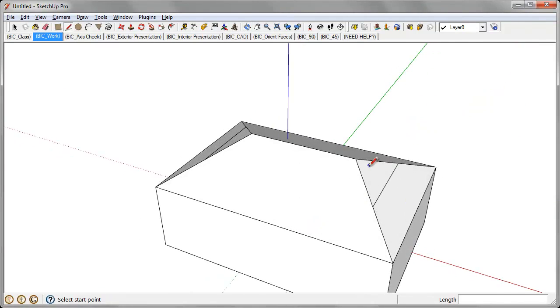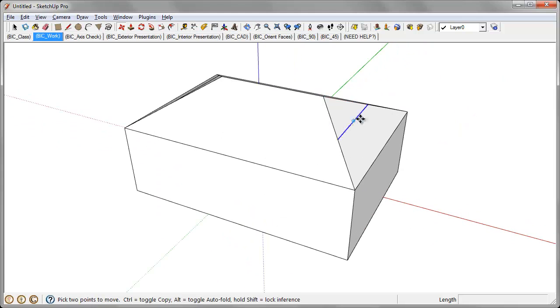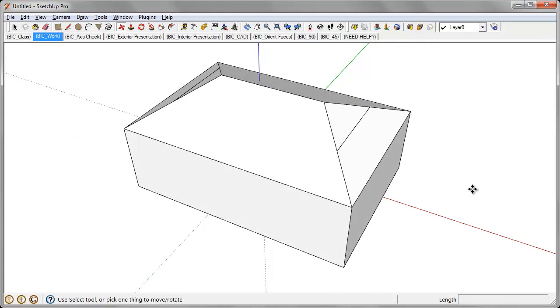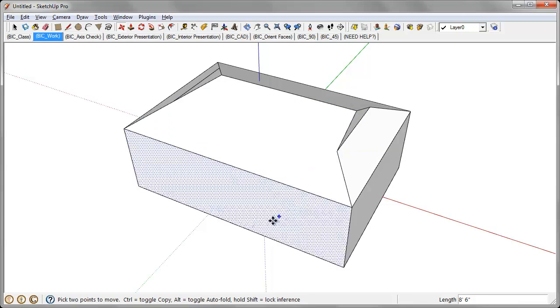Now, when I move this back forward, we can use our Move Copy tool. I'm going to use inference locking to do this. So navigate to that view that is strategic for what you're working on. With the Move Copy tool active, I'll click once to pick it up, find my red axis, and hold down Shift. Now we're locked on that red axis, and I can snap to a point to define my distance. So I'll click once there, let go of Shift,